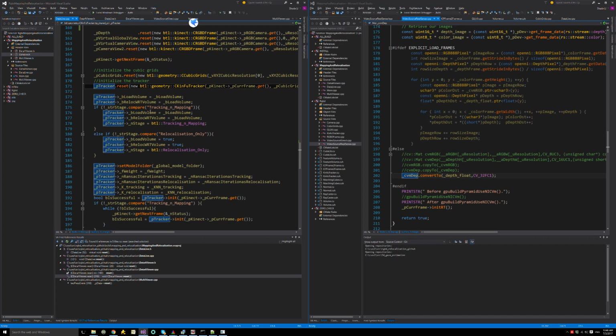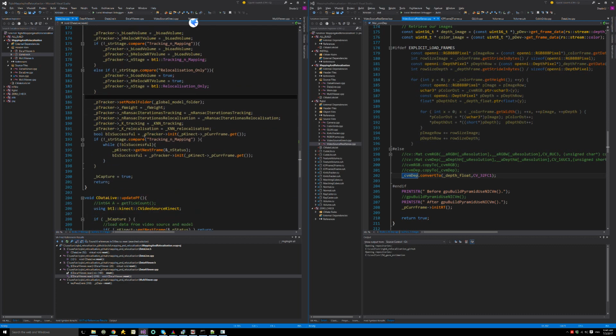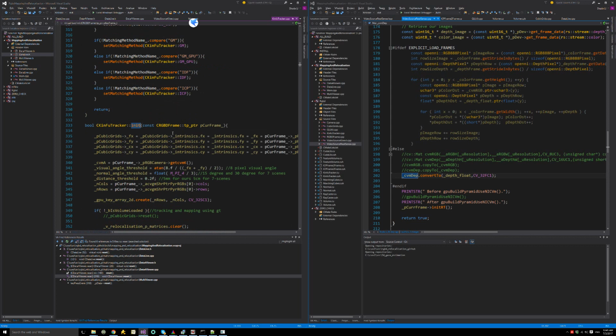So here is the option I provided to go into a tracking only mode. That's probably relevant to Chris' project. And tracking, but usually my code just goes to this branch itself. So yeah, okay, initialize some parameters and then call the init function of tracker. So inside here